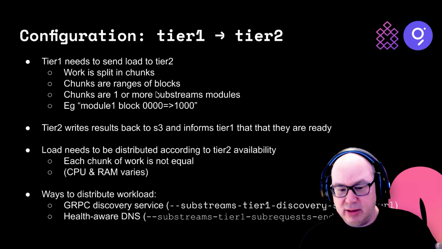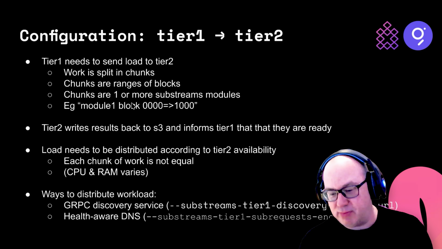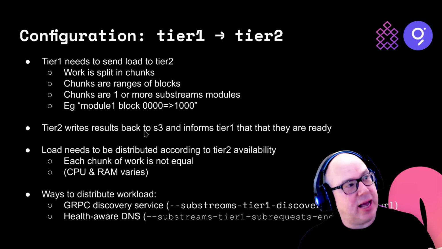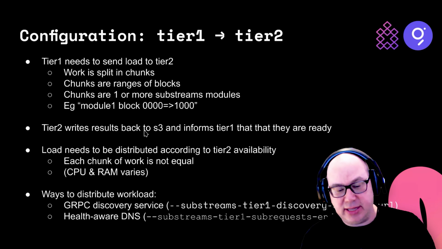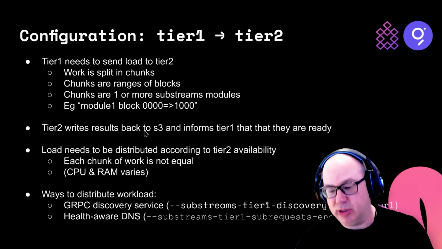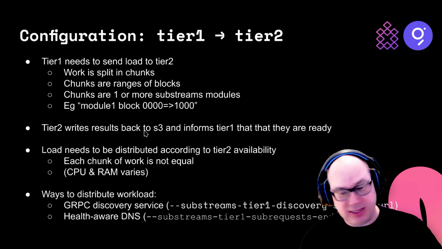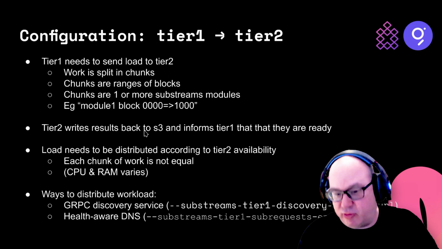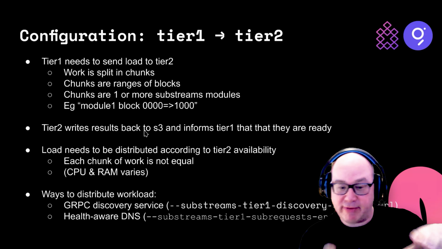All right, so chop it up into chunks of blocks, and then also substreams are composed of multiple modules. So a substream module is something like, I need to read this data, then I need to read this other data, then I need to combine these two sets of data and produce another thing. So there's an ordered graph, if you like, of work that has dependencies. You can process this independently of that, and then you take those two results and combine them together to produce an output in a simple fashion.